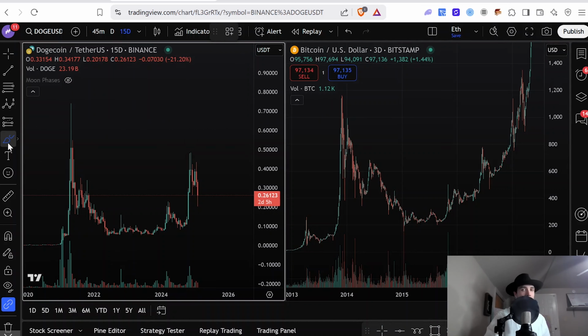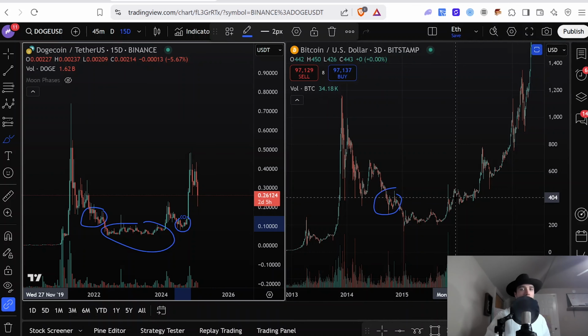Now, I've been looking at this comparison since right here, comparing Dogecoin to Bitcoin, and we started really looking at Dogecoin for an entry heavily in the Discord down here in 2022, telling everybody, hey, this thing is going to turn around based on this fractal. And then it went all the way up to about 22 cents. And then again, right here, I started making videos on my YouTube channel telling everybody I possibly could that you guys, Dogecoin is in a buy opportunity right here. And boom, it went all up to 50 cents